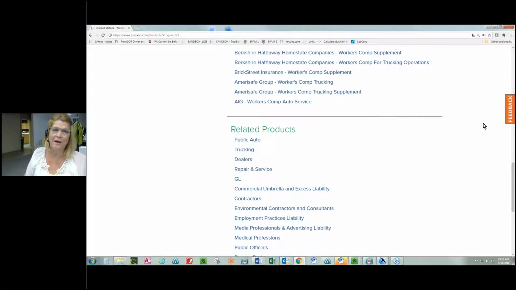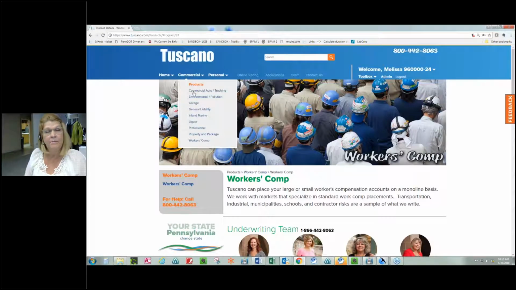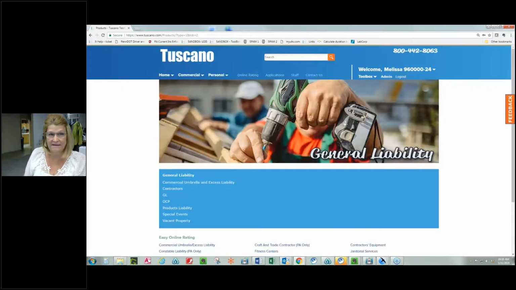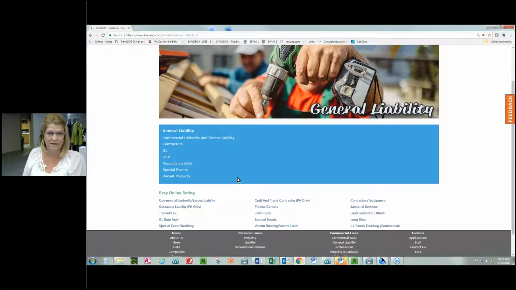General liability. Our small business unit does a great job on many classes, and Jamie's going to tell you about this in just a bit, but our team writes some of the tougher classes, demolition and wrecking. We see a lot of machinery, installation, service, repair classes, security guard operations, and many others. We also see in our team a risk that has a higher percentage of subcontracted work, and we specialize in general or paper contractors. We have several markets that will write that class for us.